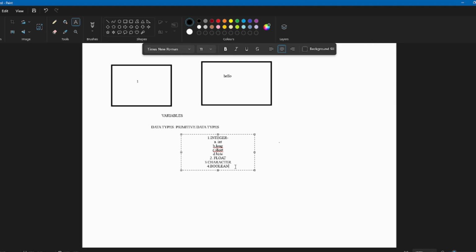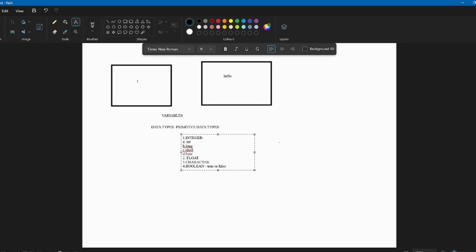And then we use boolean, which is used for storing either true or false. Now in other languages we use 0 or 1 for storing boolean values, whereas in Java it is only true or false. So under integer we have these subdivisions: int, long, short, and byte.